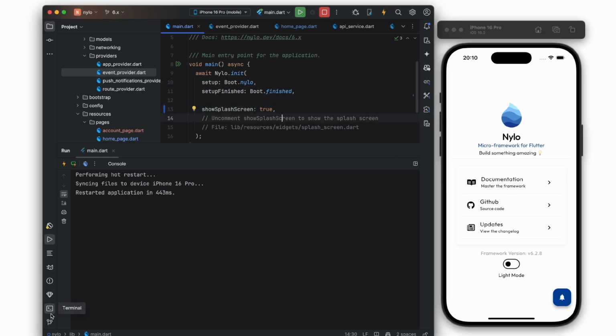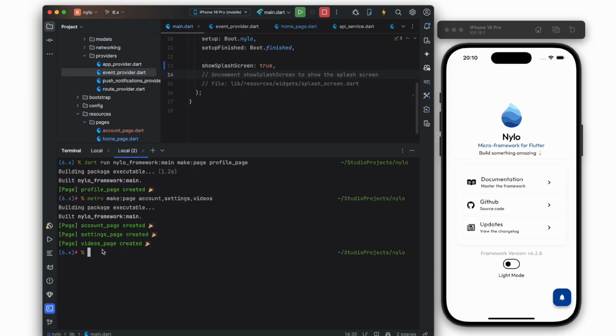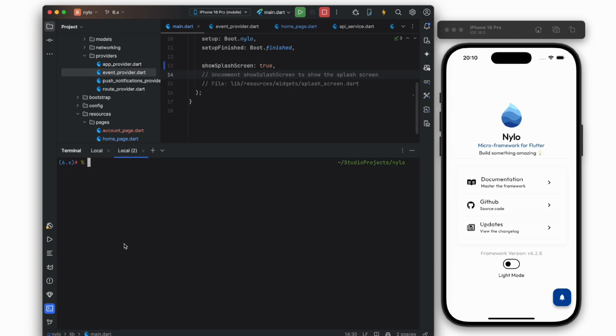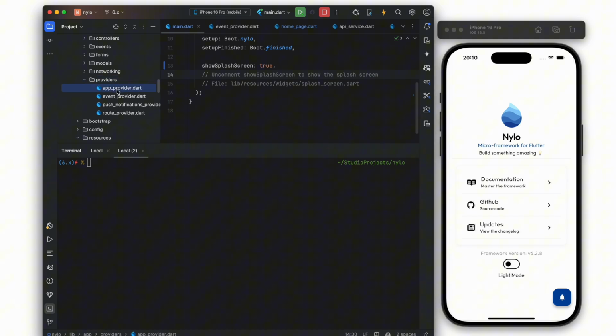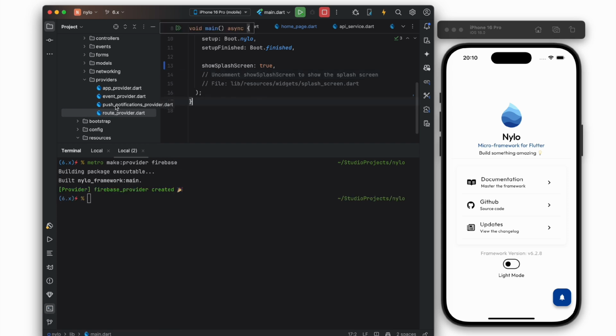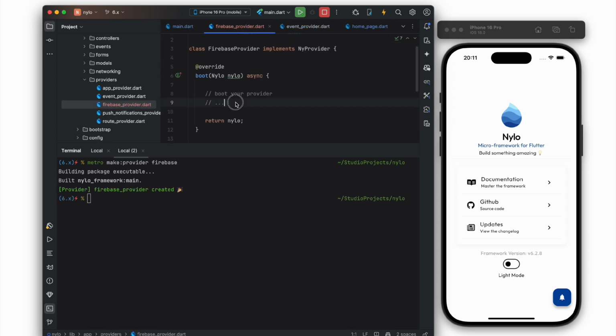If you've got something that's very intensive that needs to run before the app boots up, you're just going to need to create a provider. Out of the box, Nylo has a few providers here, like the event, push notifications that I'm going to show, and some other ones. But just for this example, I'm going to create a new one. Let's create one for Firebase, for example. And inside here, we can initialize all the things for Firebase. I'm not going to actually include that library, but we're just going to simulate, I don't know, it takes